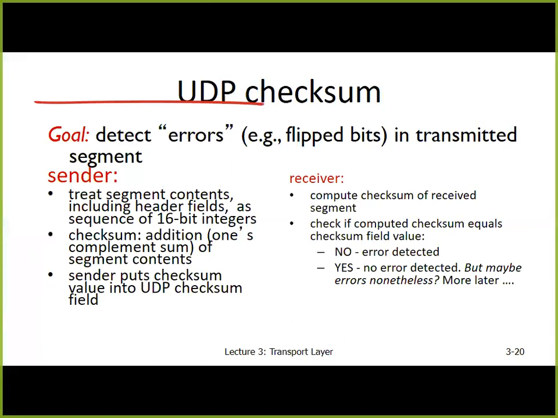IPv4. 2 times 16 is 32. Okay? So the checksum is computed by building a 1's complement sum of the segment contents. Right? You guys remember 1's complement? So I can compute